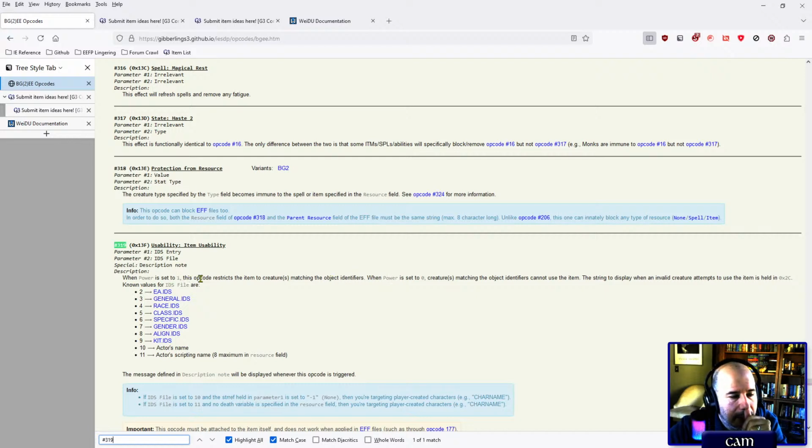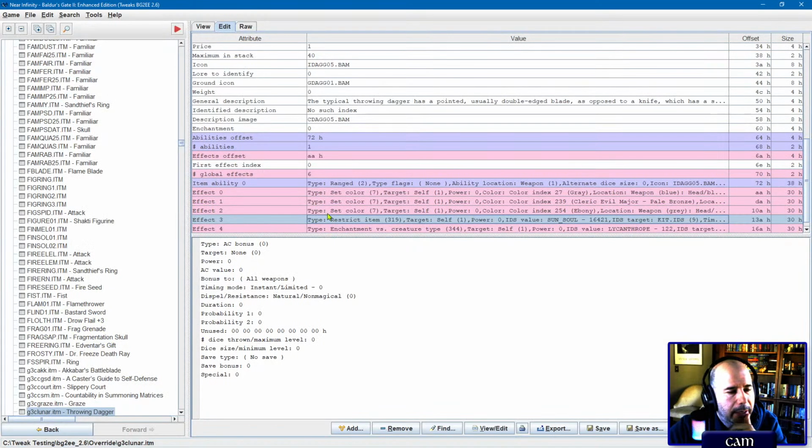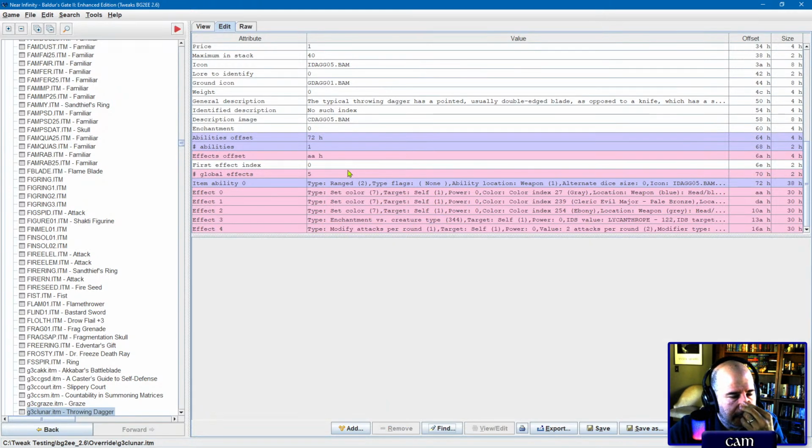When it's set to 1, this opcode restricts the item to creatures matching the object identifiers. When it's set to 0, oh, so it depends on what the power is set to, whether it's a yay or nay. Okay. So I think that even with the 319, I'm going to remove this, and I'll explain why. Getting a kit to use an item that the overall class cannot use, I don't think that can be overridden by 319. Because if we wanted this to be used just by Sun Souls